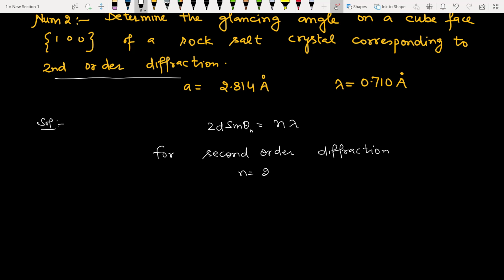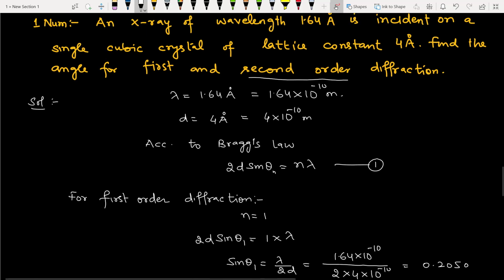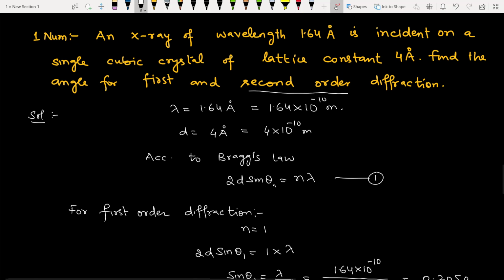N is equal to 2, so 2d sine theta 2 is equal to 2 lambda, 2 cancels out, so sine theta 2 is equal to lambda by d. This is similar to the previous question. One difference is there: in the previous question we were given d directly,